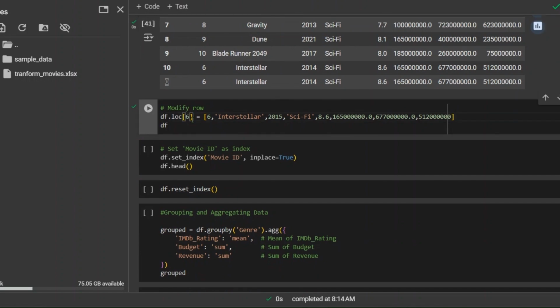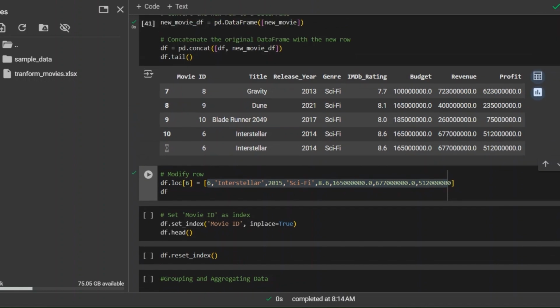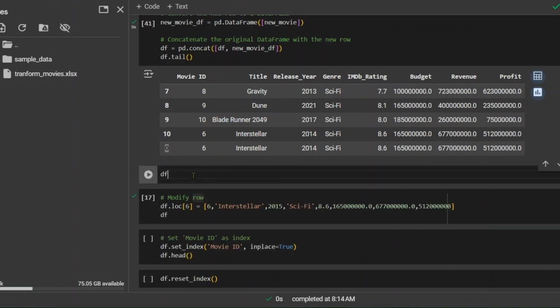And then if you want to modify a particular row, you can do that too. Look at this. I have just mentioned the location. These are the explicit indexes, so I use the explicit index 6, and on that index, whichever value is there, I'm just trying to modify. So instead of 2014 over here in our data, I am trying to take what? Let me show you the data first. There in our DF,